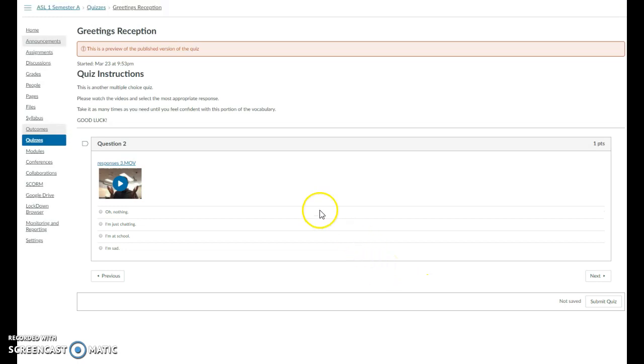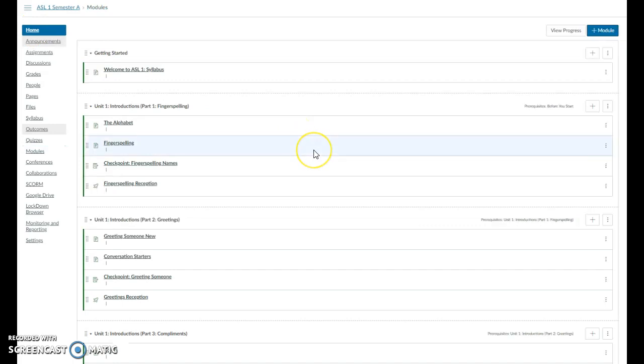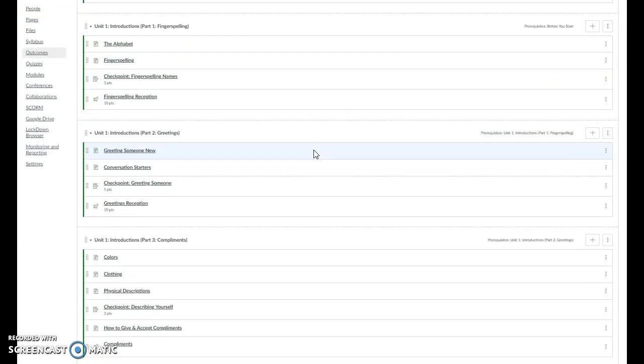Other quizzes that I have later on are actually forcing them to do the opposite. I'll give them some text and they have to send me a recording to show me that they know how to sign various combinations of signs. So we go through here,